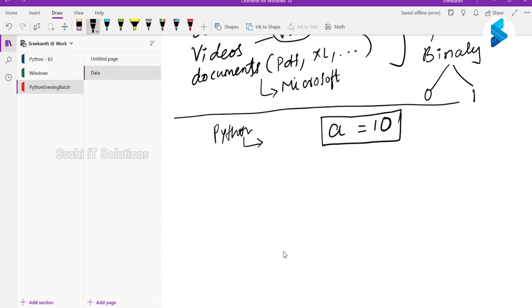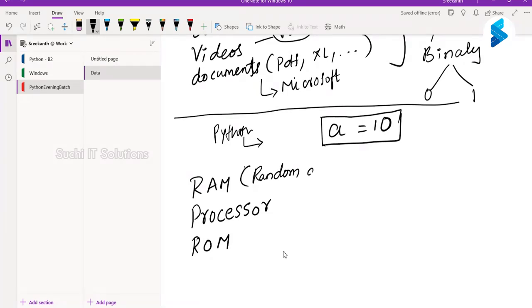In yesterday's class, I talked about two important concepts: RAM and ROM, and also the processor. RAM is Random Access Memory.